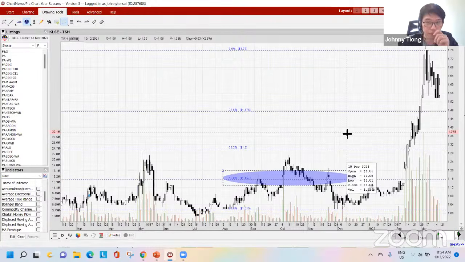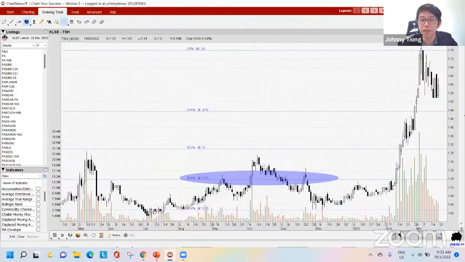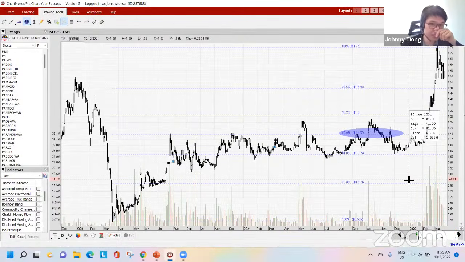So even though it's bearish, I know that overall CPO price is still good. Maybe just recently there's some market correction or whatnot. It's a worthy effort for me to wait at 50 and at 62. This is how I use the Fibonacci. But overall, we need to look at the big market, the CPO price, and also the market politics around it. But then, for example, let's say we talk about technology.